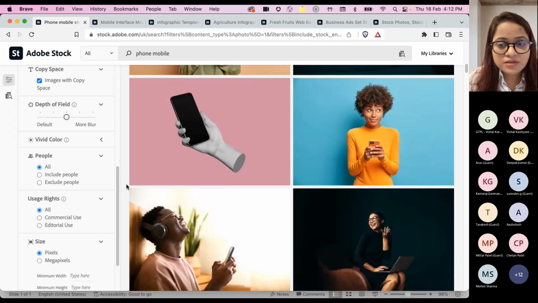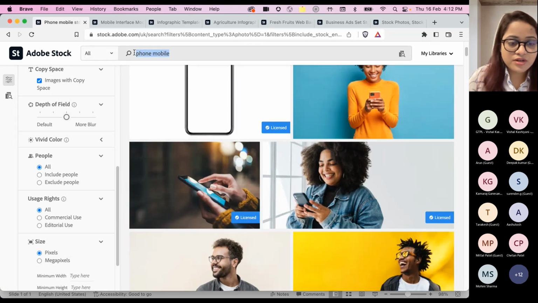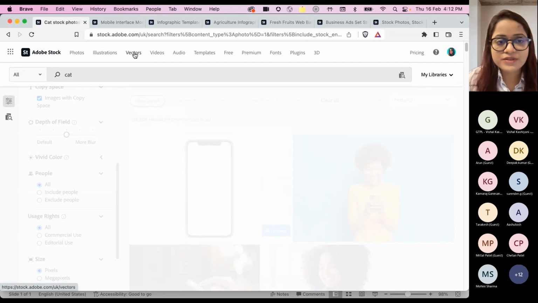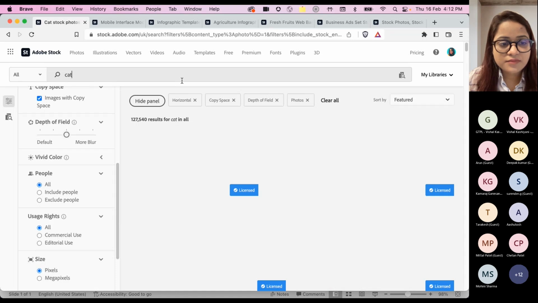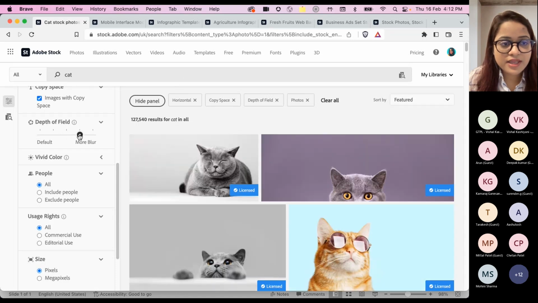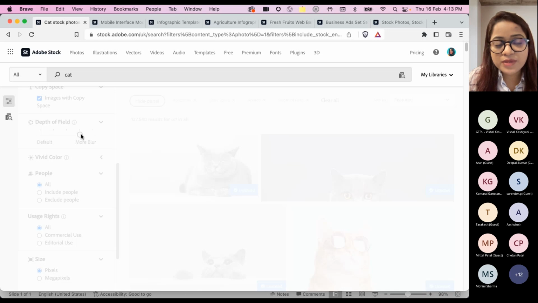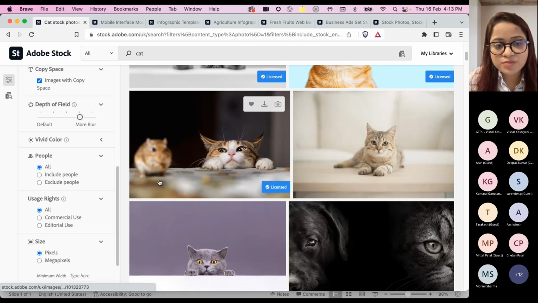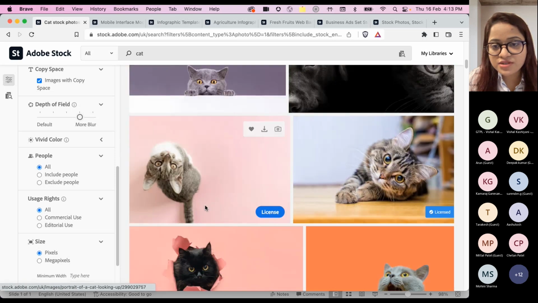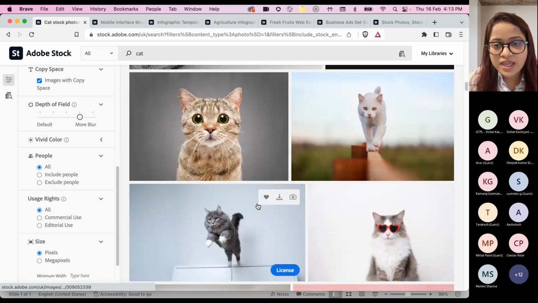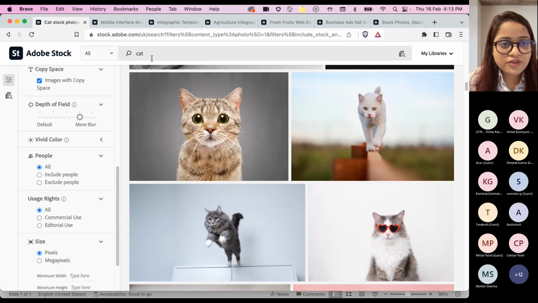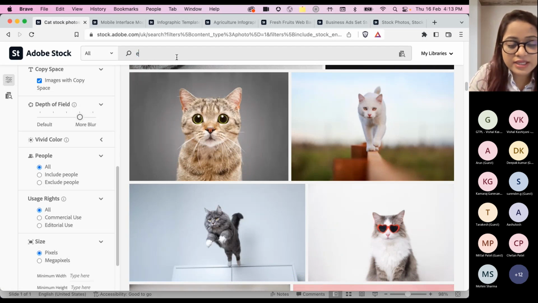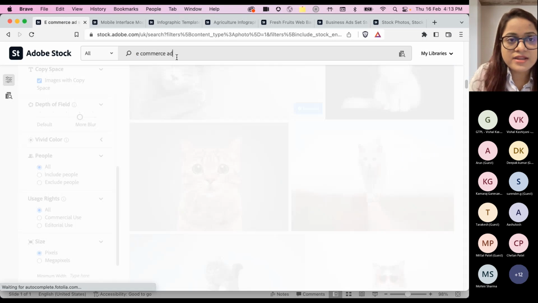So maybe on this one, or maybe let's search for a pet cat image because we want to focus on a specific object. Yeah. So here, maybe I can add more and more depth. So it could be if there is a single object and you want the images where the depth is more, and whether here some pictures are a bit blurry, the background is a bit blurry, and the subject is in focus. So those kinds of filters I can apply,